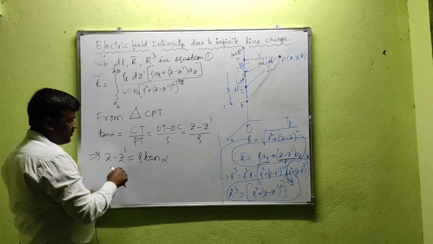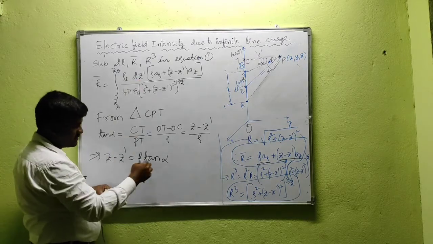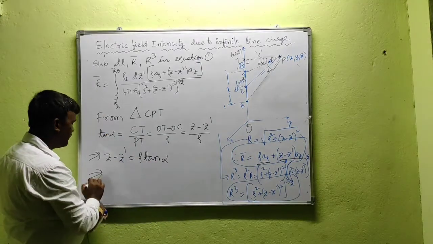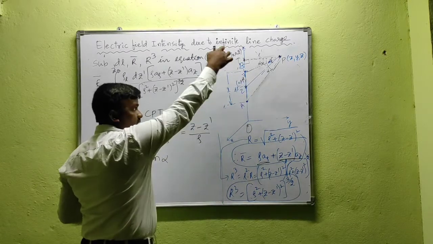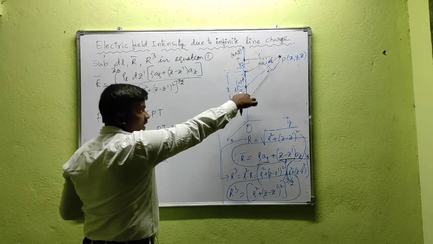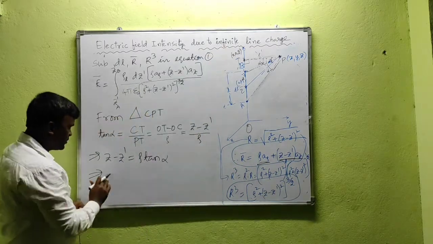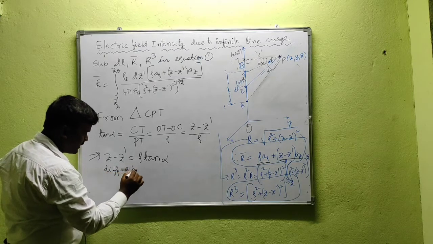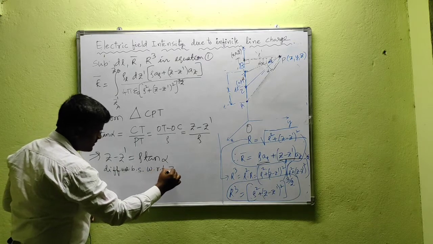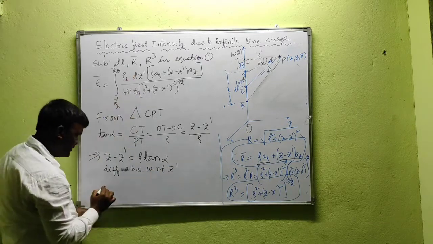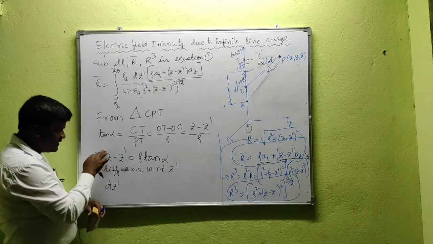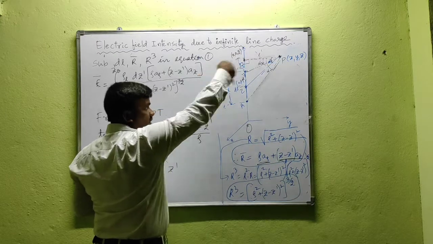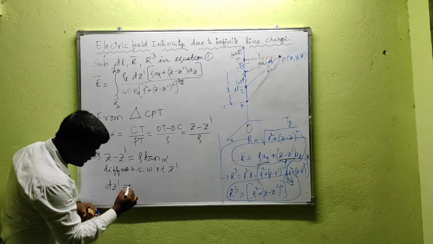Here we can write dz dash from this. That means Z dash is represented in terms of alpha. If Z dash changes, that leads to a change in alpha. Z dash changing downside gives alpha 1 at the lower end, and for the upper end it becomes alpha 2. So differentiate on both sides with respect to Z dash, because we require dz dash. Z is treated as constant, a reference point, that is 0 0 z.